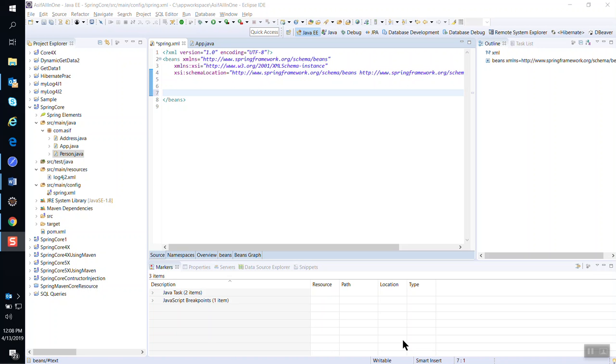Hello all, today we're going to talk about a few important things. We're going to talk about a few attributes, namespace, and let's go ahead and first of all let me create